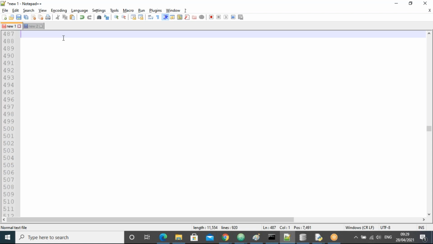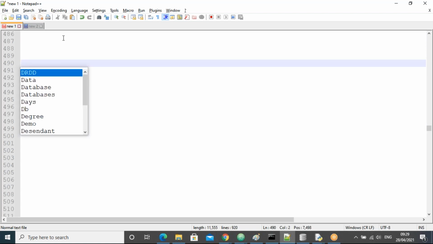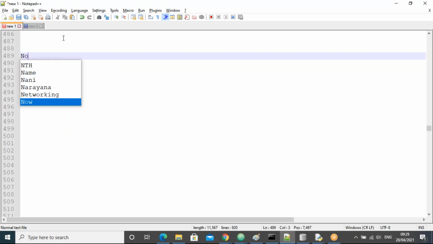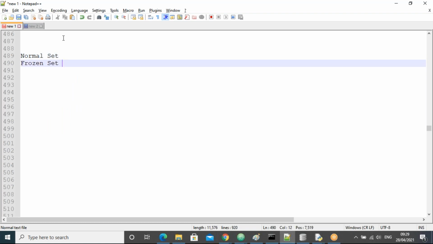Okay. So next, guys, we'll see about dict, dictionary. Next one. Here I said that we have frozenset, right? We have another type, frozenset. It is the second type of set. Right, two types of sets, guys. One is the normal set, which is what we're discussing regularly. The second one is a frozenset, guys.